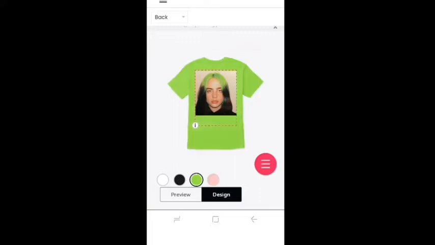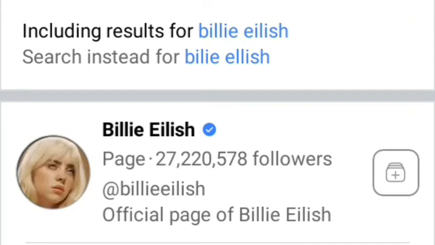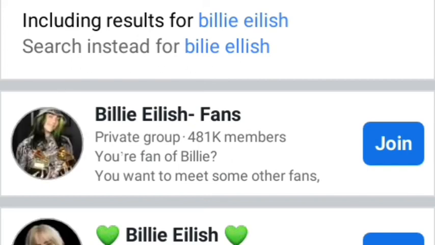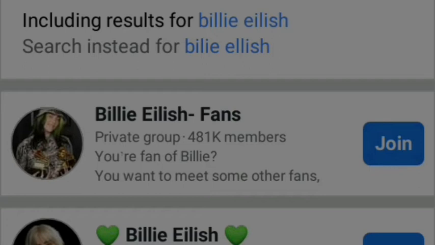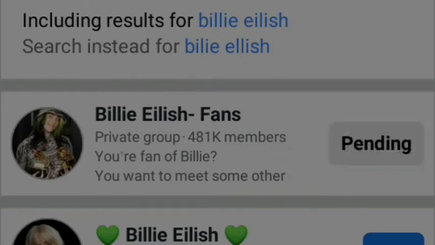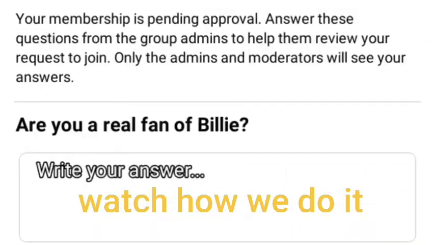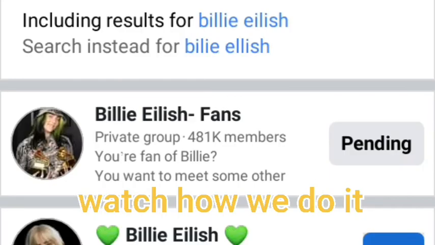When you have the link, then go to Facebook, check for Billie Eilish fan groups and join all of them, and when you are approved to post, just write, "Are you really a Billie Eilish true fan?" Then prove that by getting this Billie Eilish t-shirt on the link, and then the people who click on the link and buy, you will